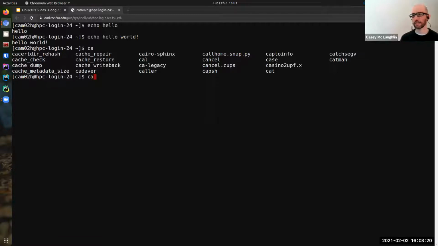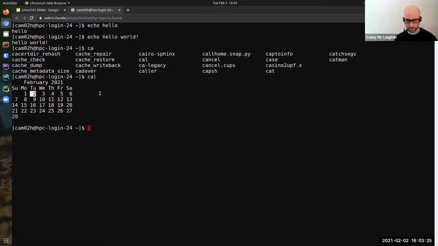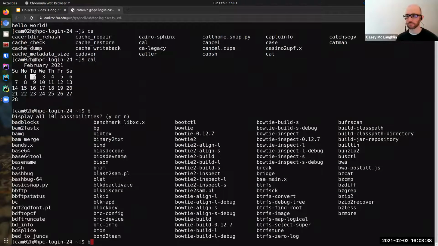And so, oh yeah, cow, right? And you can do that for every command. So if there are a lot of possibilities, it prompts you whether or not you want to display them all.